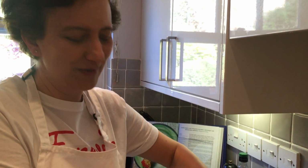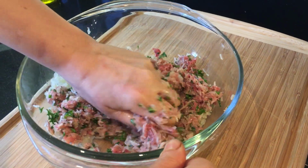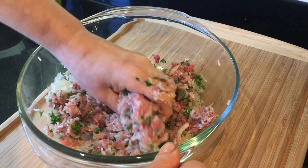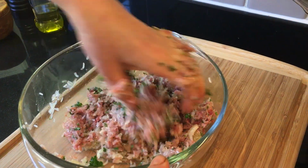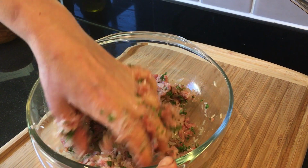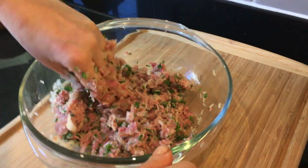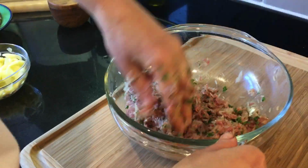Everyone gathers, family. Some would prepare the filling. Some would scoop out the vegetables, prepare the vegetables. Some would prepare the leaves, if any leaves are to be used, and everyone gathers around the table and makes this lovely food. With the current situation, of course, we are all at home and we can't have that opportunity, but